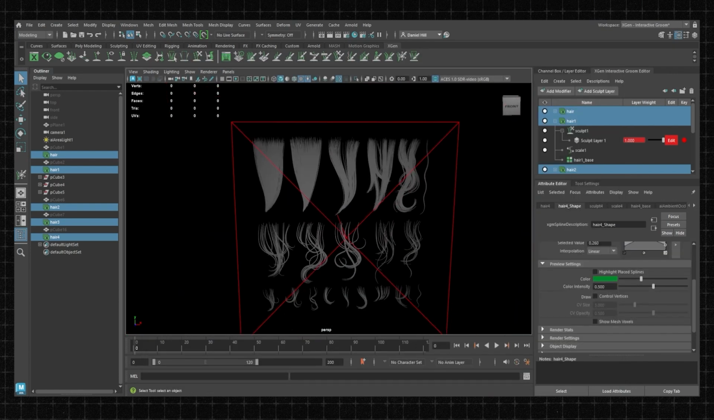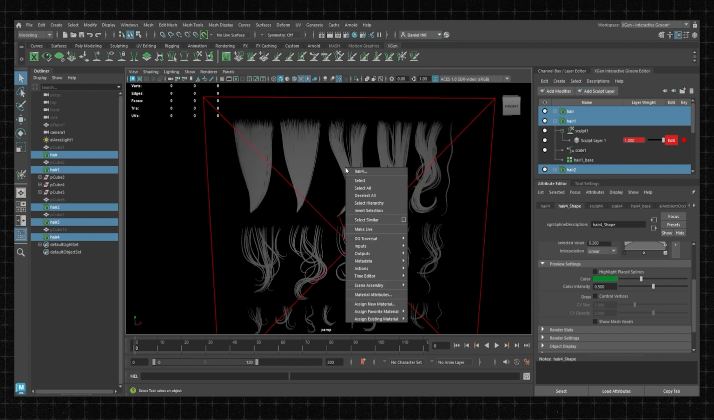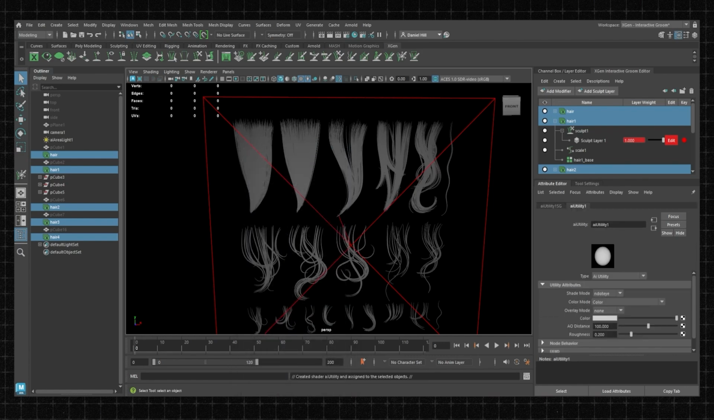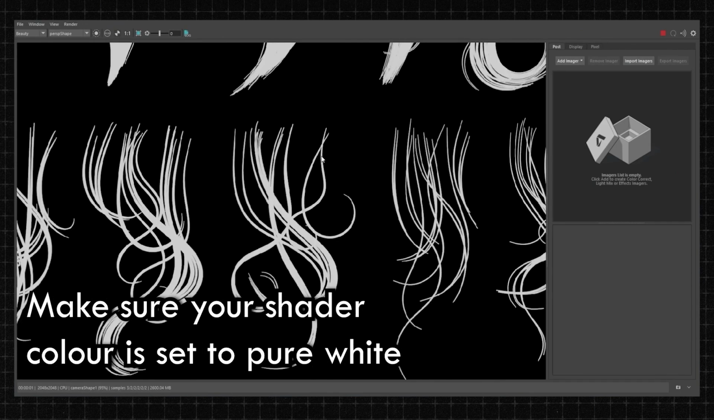All right, let's get out the alpha, which is super important to have, especially for hair. So we're going to go down to assign new material. And honestly, there's a few ways you can do it, but I found a really easy shader you can use just to get your alpha immediately. So AI utility, there you go. Now you just have a pretty crisp, nice